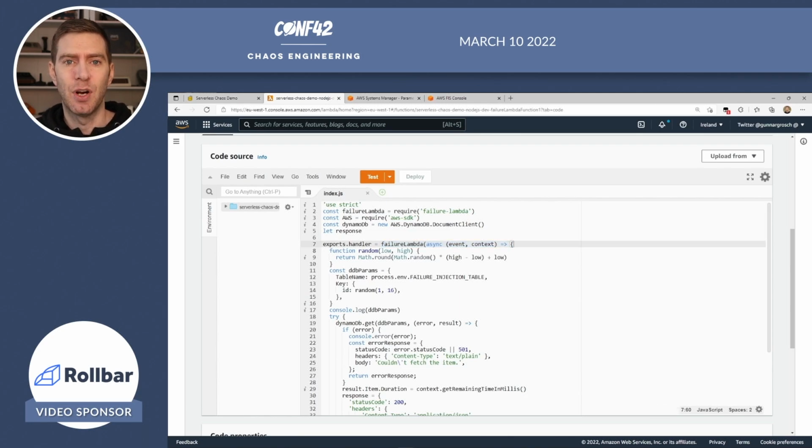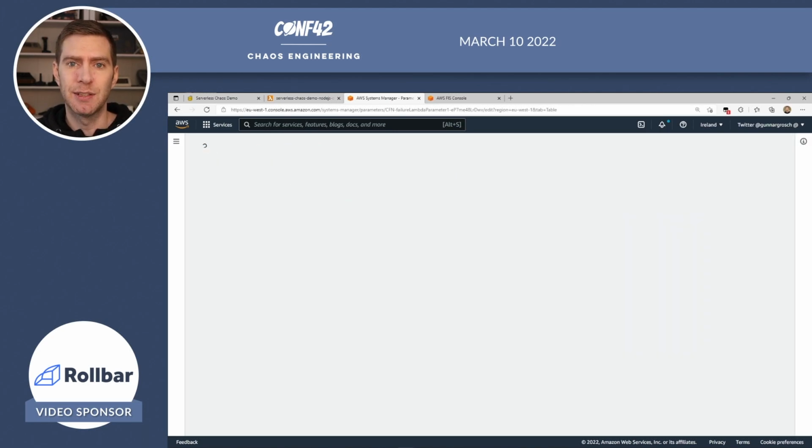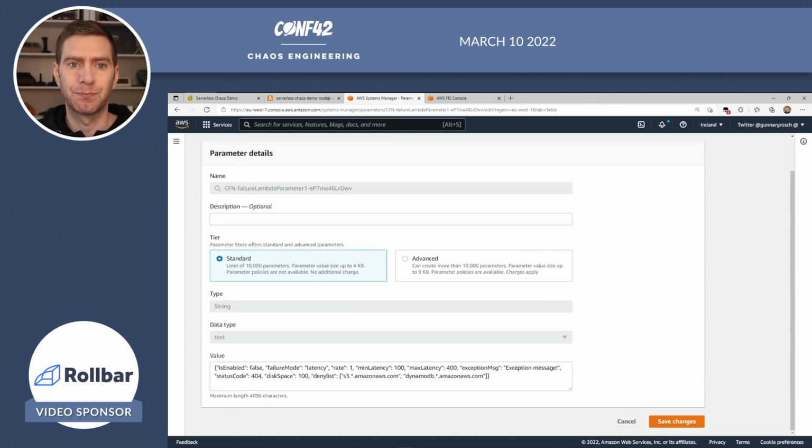Then we have a parameter stored in Parameter Store, which contains the configuration for that specific AWS Lambda function. It is now set to false, so it isn't enabled. We can then specify the failure mode, in this case latency, and we're using a minimum latency of 100 milliseconds and a maximum latency of 400 milliseconds. To enable this, we simply update this parameter, set it to true, still with latency,